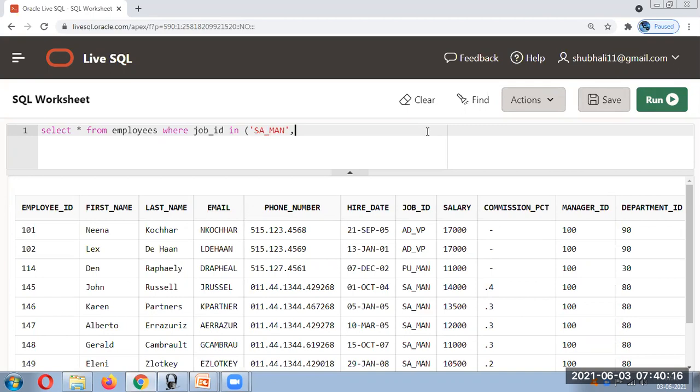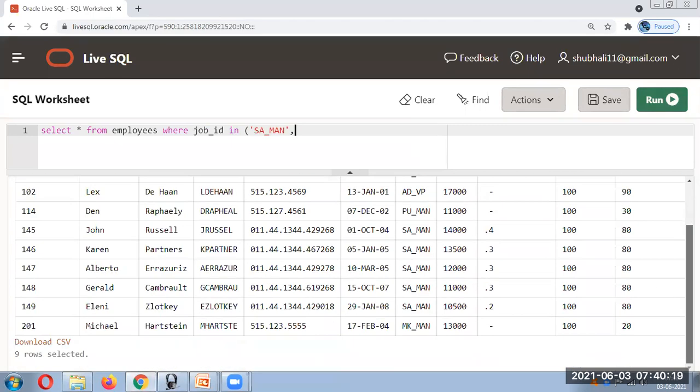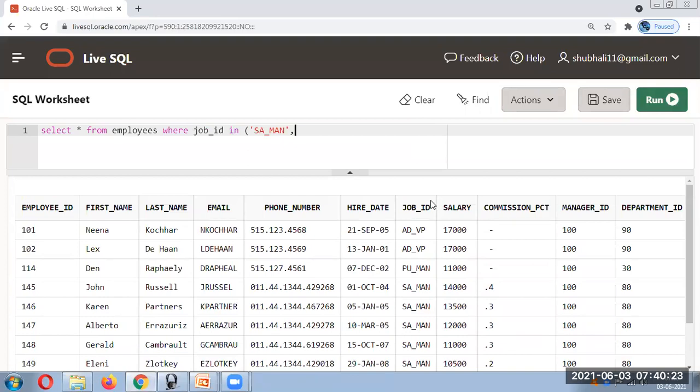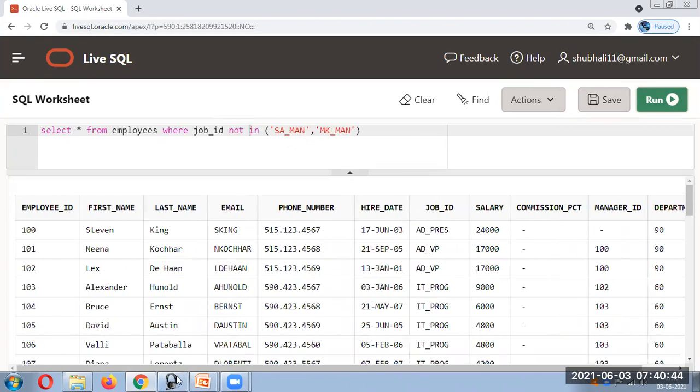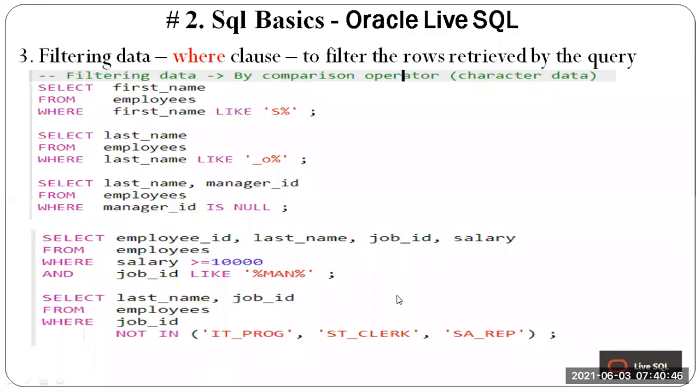Any other thing which we can write? Let us see, MK_MAN. Let's run this. We'll get these records. NOT stands for the reverse. NOT IN means we'll get the reverse records, which are not these two job IDs. It's very simple.